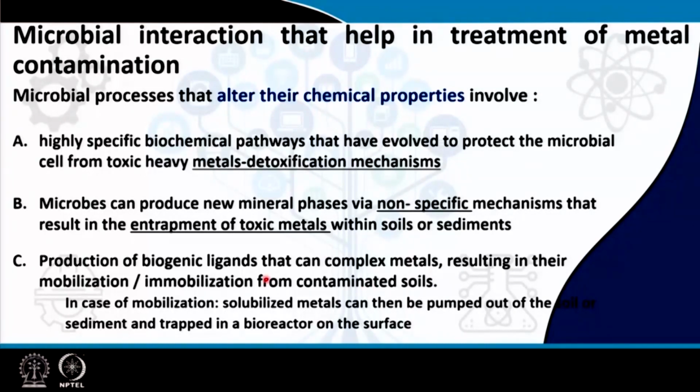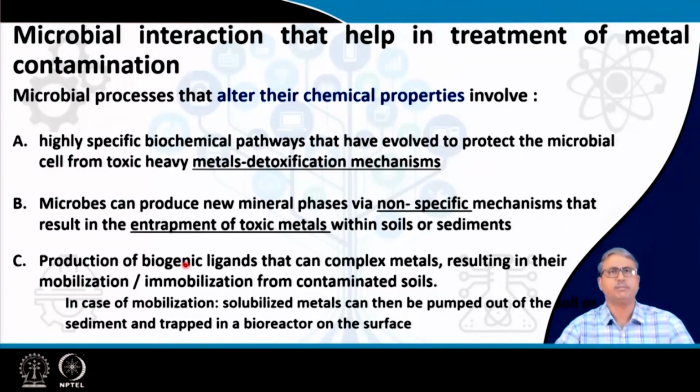Biogenic ligands like phosphate, carbonate, hydroxyl or sulfide are produced by microbial metabolism. They interact with the metals present in the environment and then alter the nature of the metal. Sometimes they make the metal more mobile, more soluble, sometimes they make the metal insoluble. If the products are insoluble, then the insoluble metals are precipitated, and that becomes a direct benefit out of the interaction, because precipitation leads to local immobilization of the metal.